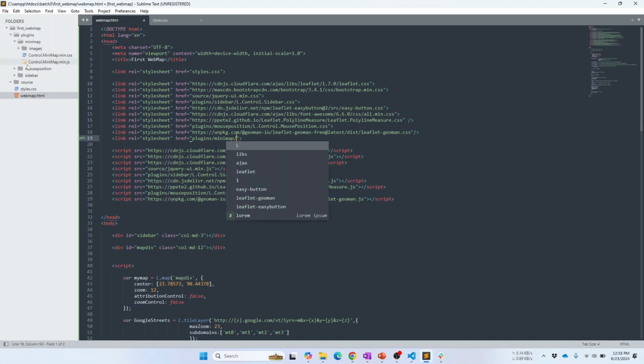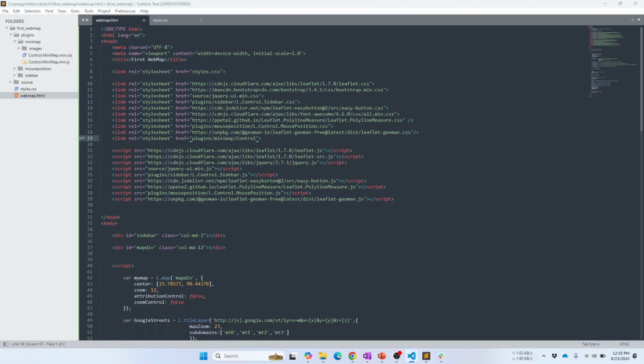Inside the Minimap, it is control.minimap.min.css file. Okay, plugins, Minimap, control.minimap.min.css file, and inside the script tag